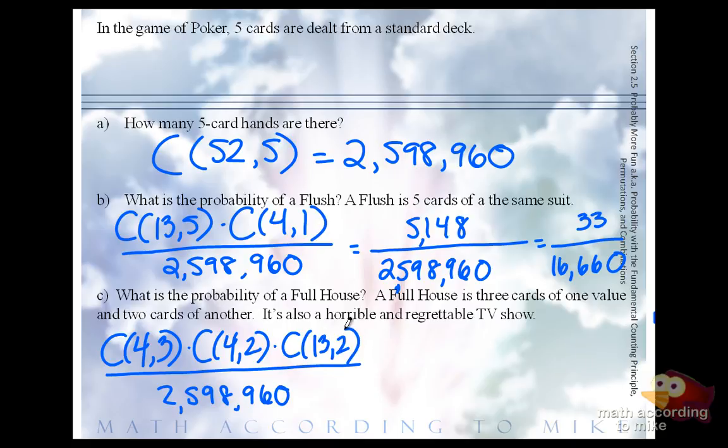My head hurts. I know. So there's 13 values, 2 up to ace. 2, 3, 4, 5, 6, 7, 8, 9, 10, jack, queen, king, ace. That's 13 values. Is that okay? So every suit has 13 cards. And since we need to make a full house, we need 2 values of those 13. What do you get for the product in the numerator?